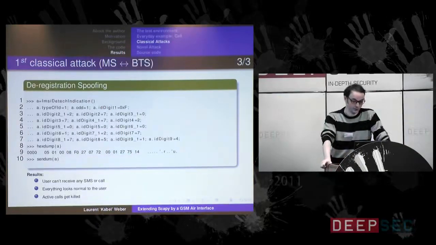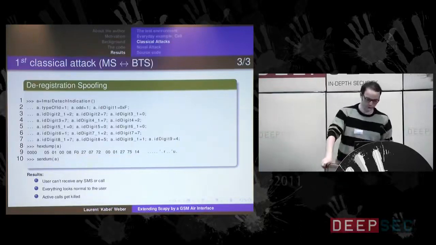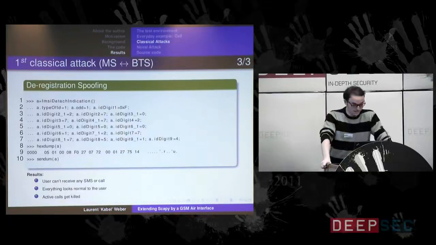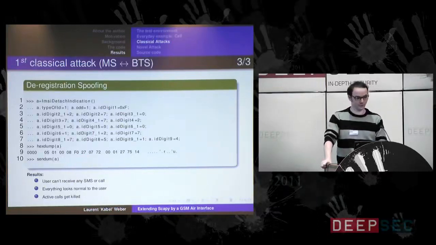Well, this is what the literature says. I talked to some persons who said it depends on the phone, on the operator. Sometimes you don't see that you're connected anymore and stuff like this. Now imagine using Scapy, you could send that every second, so you could disconnect whole buildings if you would like to. It's really easy to do stuff like this now. If it's good, it's another question, but we are the good ones, no? So don't do that.